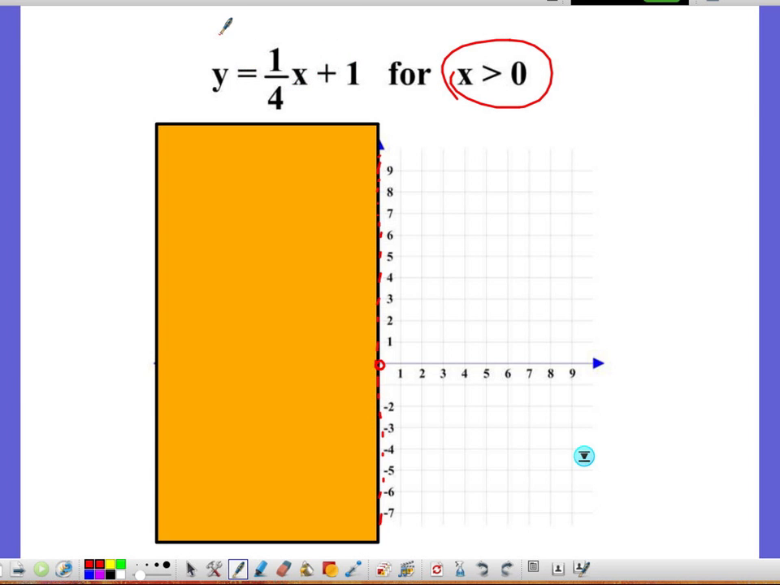Well, there are so many ways that we can graph this, and I was glad that some of my students were able to realize that you can use y equals mx plus b, where 1 is going to be my y-intercept. So notice I have 1 here,